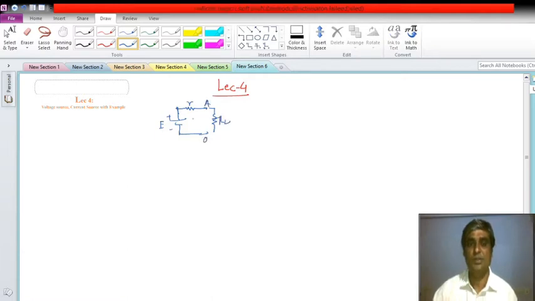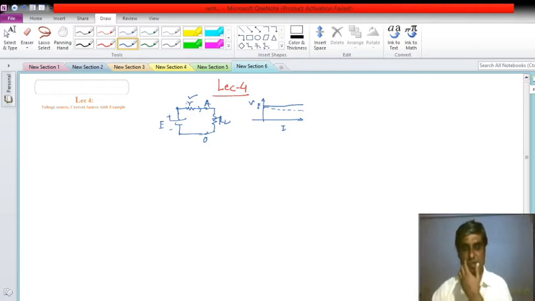The ideal VI characteristic for a voltage source will be a fixed E, whereas in a practical source, if I connect a load here, there will be some drop, right? And this drop depends on the value of R. Again, it is to be noted that the smaller the value of R, the better for us. Because if R is small, and let us say the battery is specified as 20 volt, but R is so large that I am getting only, let's say, 5 volt in my load, then what is the use? It is of no use for me, right? So to satisfy that, R has to be as minimum as possible. Fine. This is what we have seen.